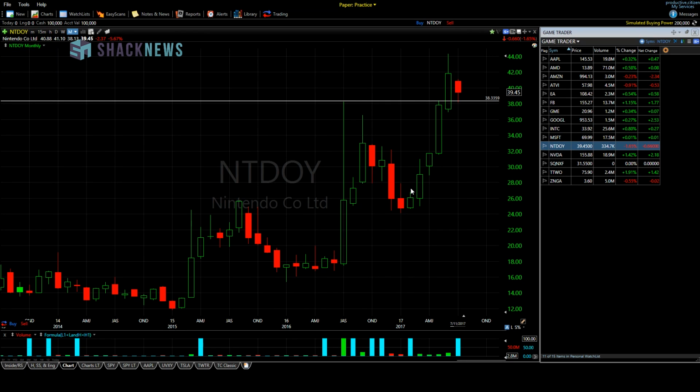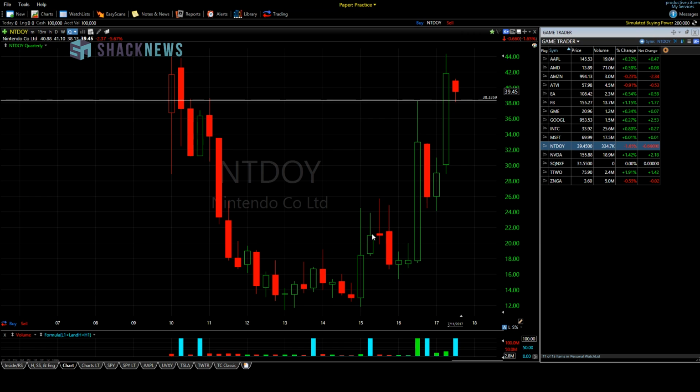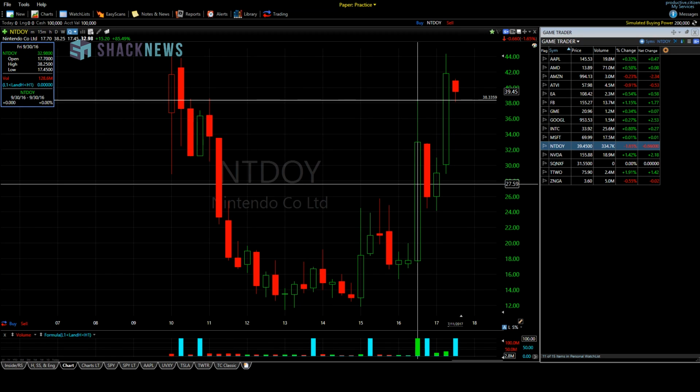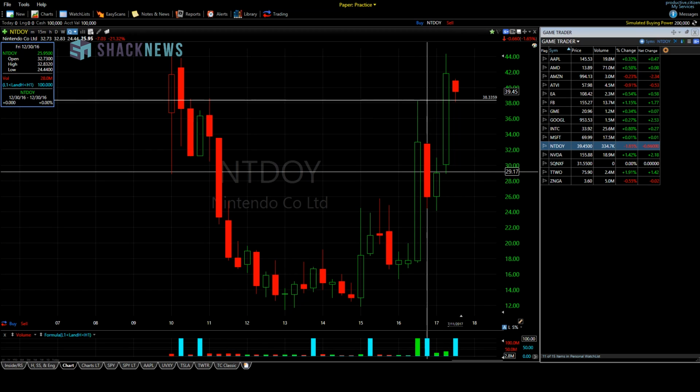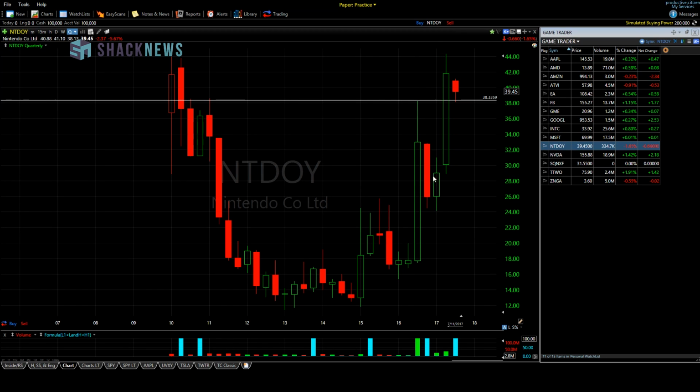I also pay attention to these blue bars down here. I have an indicator that tells me if it's an inside bar. Trading inside of the previous range means that the stock is trying to find some sort of price equilibrium, and a breakout of that tends to continue in that direction. And if it doesn't, you have those reversal strategies that occur, like we saw here, where you had the monster Pokemon Go quarter, an inside quarter into the end of last year, and then a break below this level, only to go back inside and then ultimately break out in the next period. This works in any time frame.